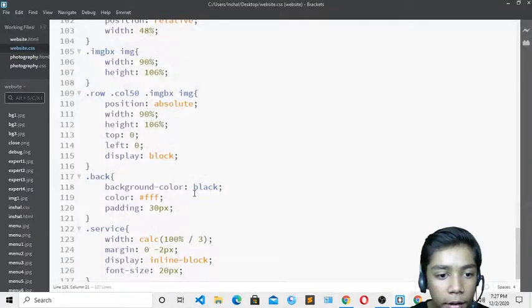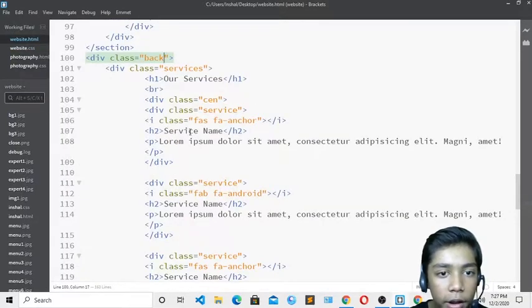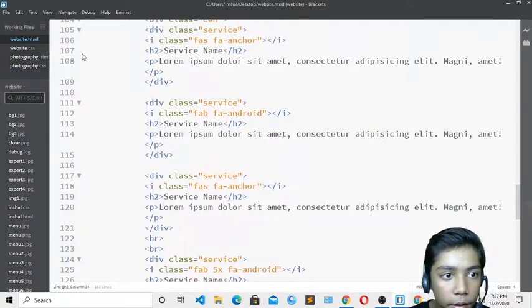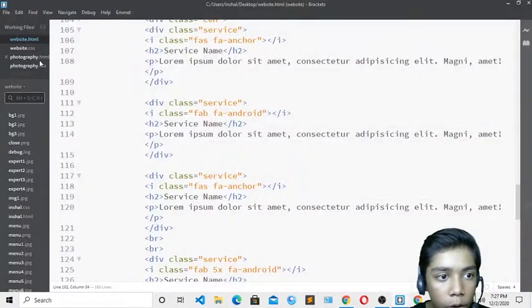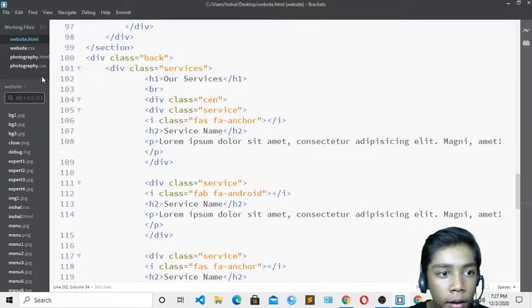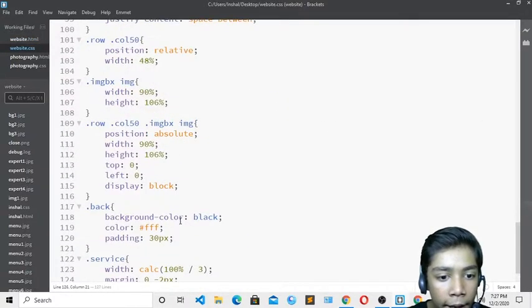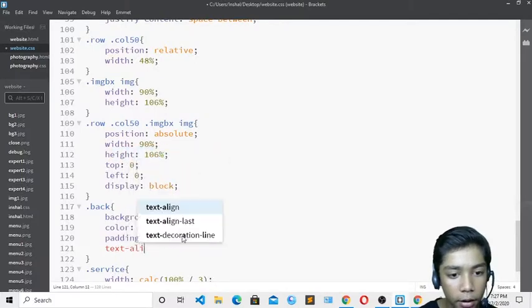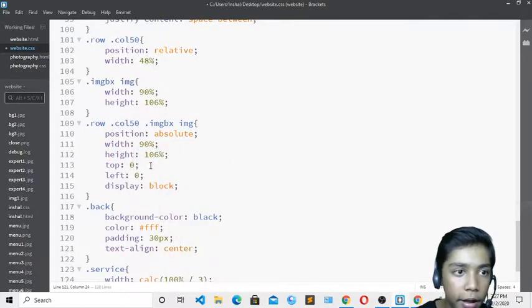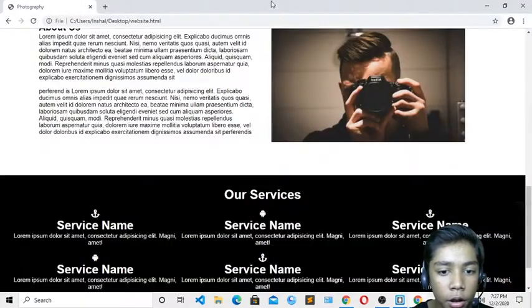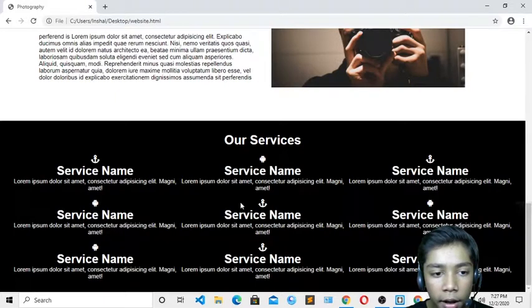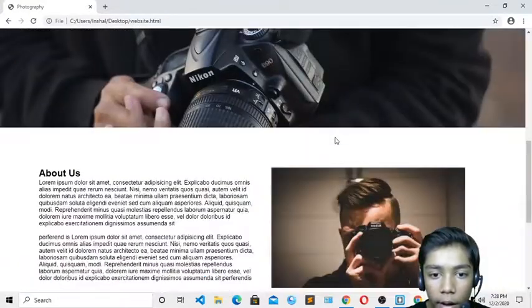I have to do one thing, I will minimize that, and I will go to website.html, and I will write br tags over here. So now it is good. Now here it is written like that, and now I have to do it in center. So I will write over here in the back only text align center. Write like that, save. Save over here and come over here and hit refresh. Now here you can see it is now in center. All these things are now in center. Here you can see now it is looking really cool.